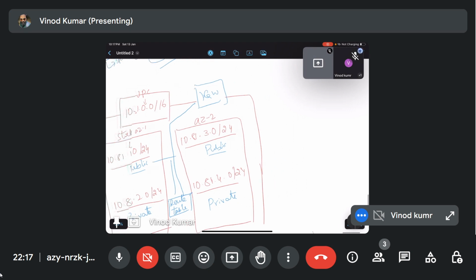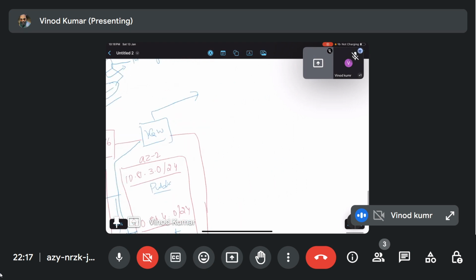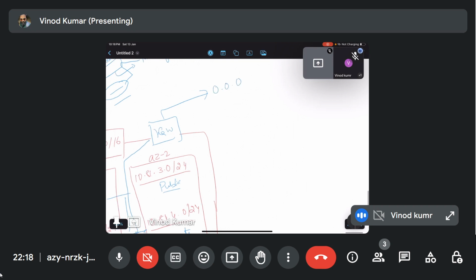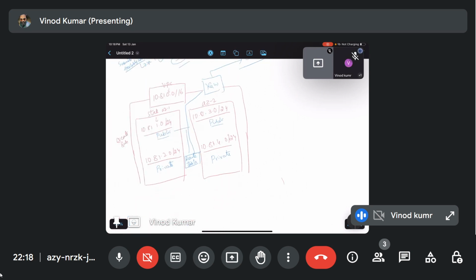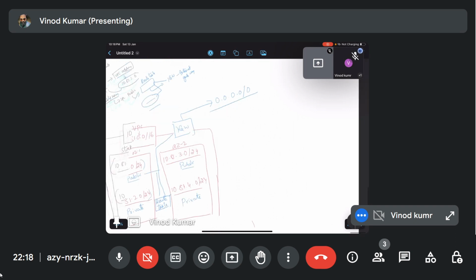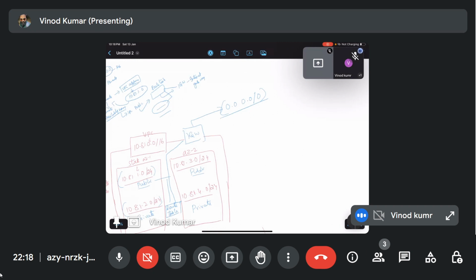My IGW route for these two public subnets is 0.0.0.0/0. My applications are in private only. Users cannot see them; they will see only this IP as public.